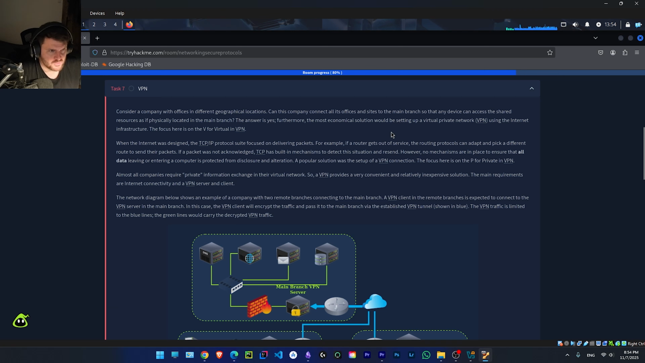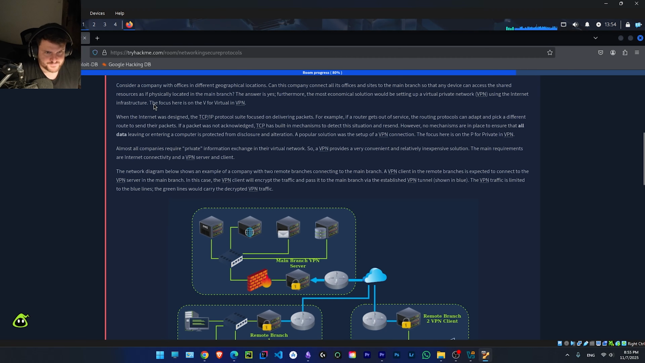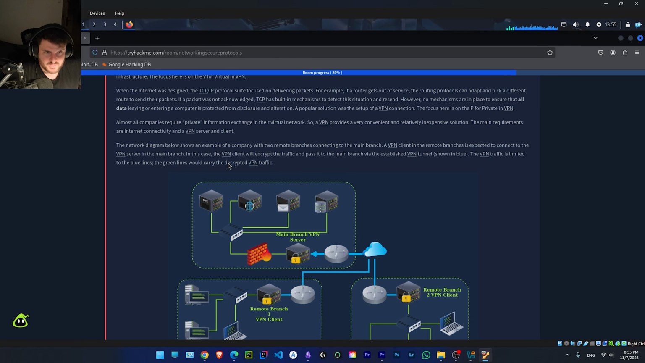Furthermore, the most economical solution would be setting up a virtual private network, VPN for short, using the internet infrastructure. The focus here is on V for virtual in VPN. When the internet was designed, the TCP/IP protocol suite focused on delivering packets. For example, if a router gets out of service, the routing protocol can adapt and pick a different route to send the packets. If we talk about the packets, we talk about the